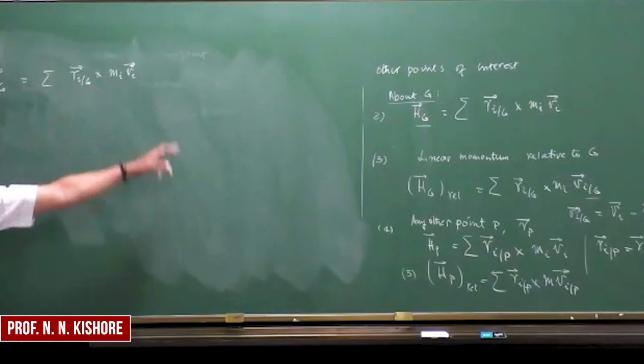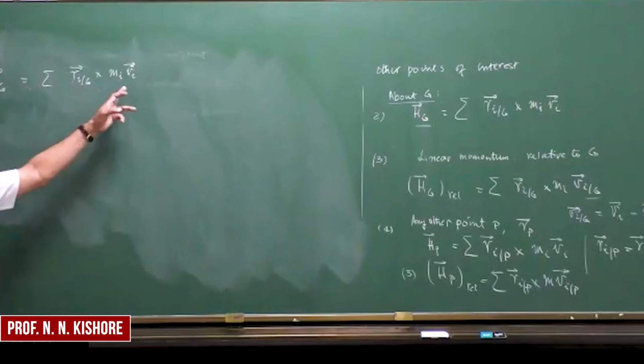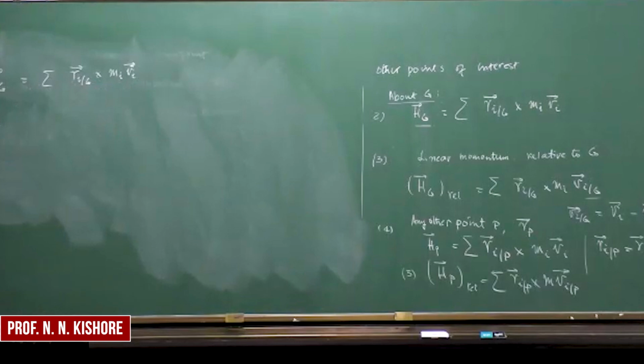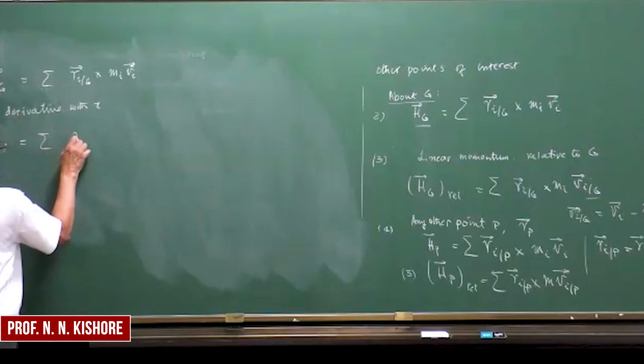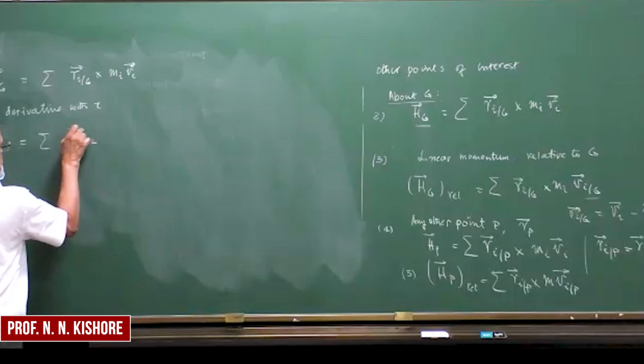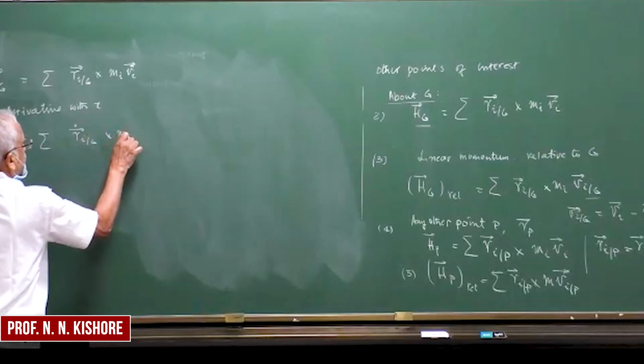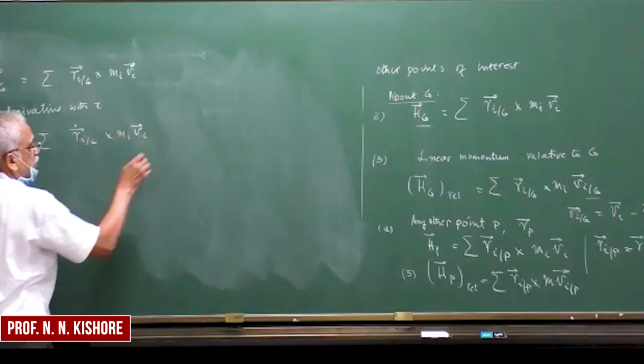Because we want to relate it to moments acting, that means we have to take it to the acceleration, so we'll take a derivative with time. So what we get here is HG dot, and here we have RiG dot to start with, Mi Vi, plus